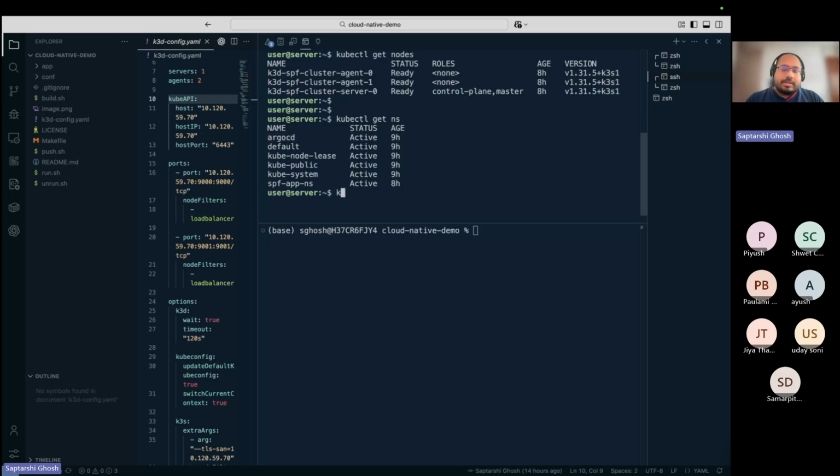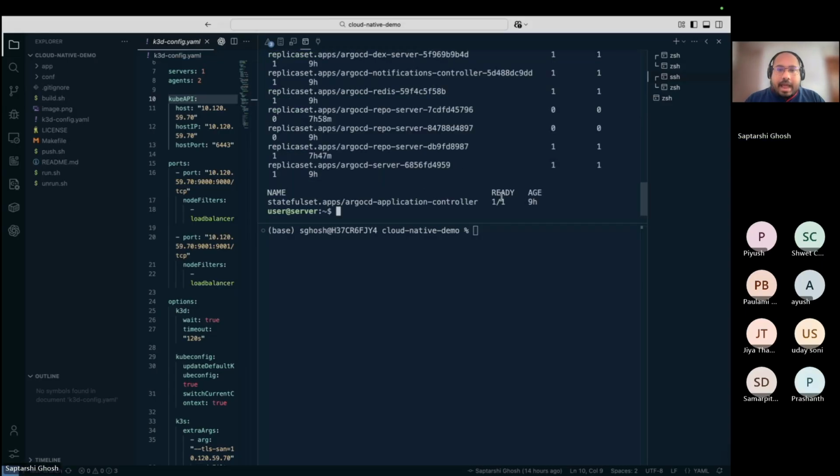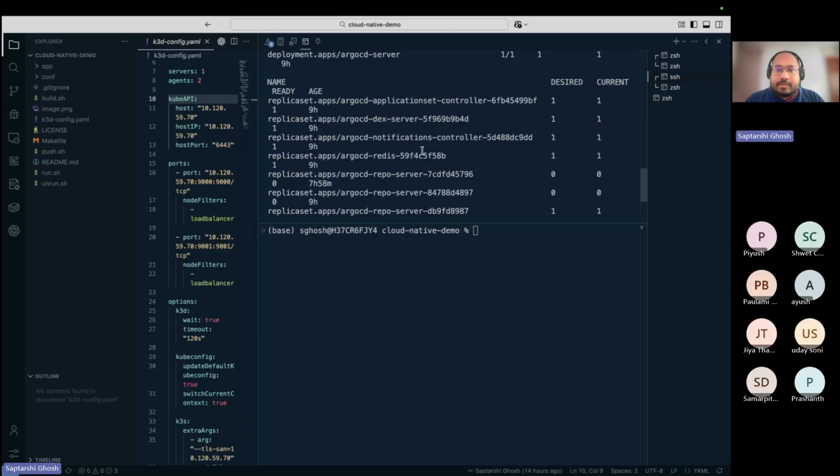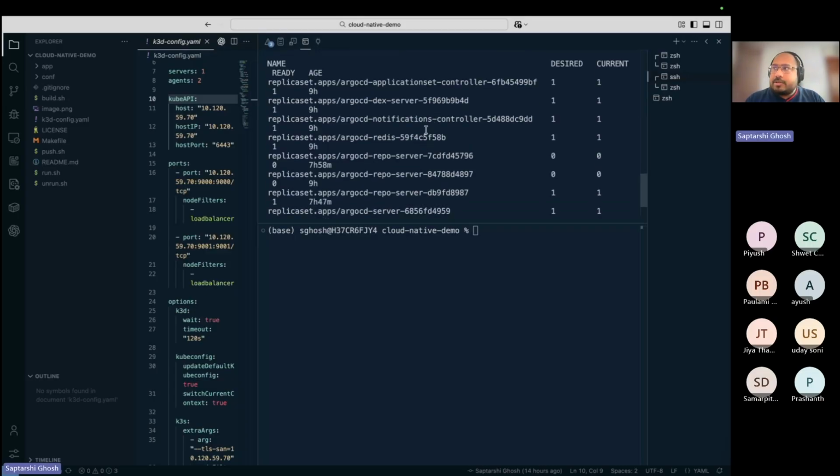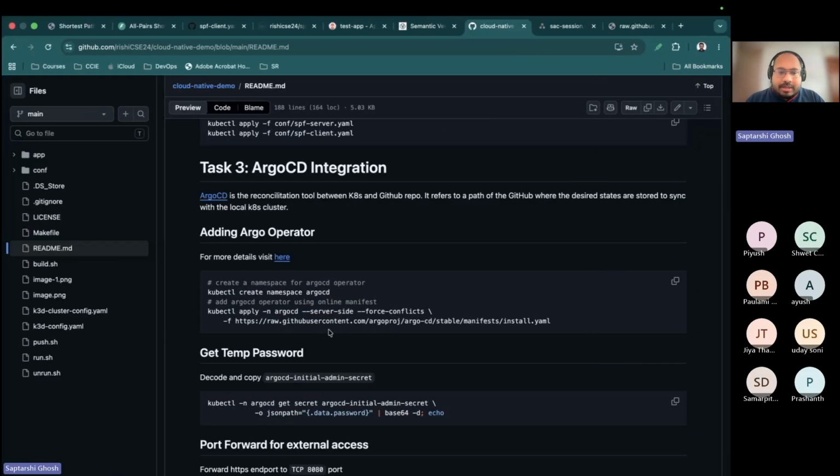I can also say kubectl get all -n Argo CD, which means that I want to see everything that we have inside the namespace, and you'll see a list of resources. These resources are something that I haven't created. What happened when I called this command? It went to this URL, dumped that file locally, executed it, and created that whole resource